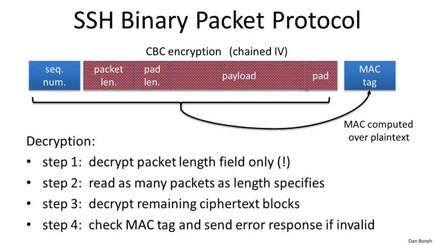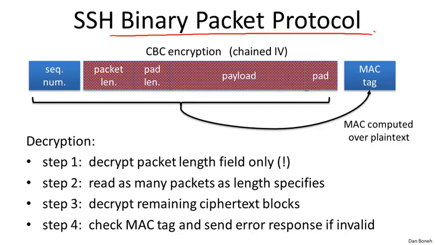So SSH is a standard secure remote shell application that uses a protocol between a client and the server. It has a key exchange mechanism, and once 2 sides exchange keys, SSH uses what's called the binary packet protocol to send messages back and forth between the client and the server. Now here's how SSH works. So recall that SSH uses what we called encrypt and MAC.